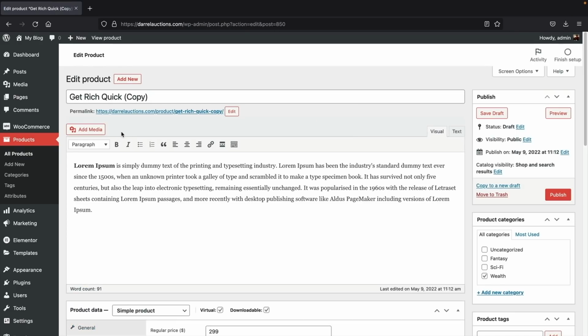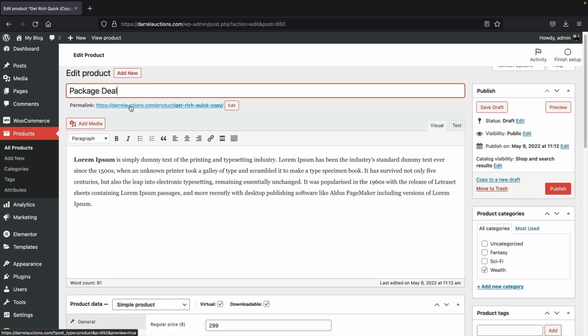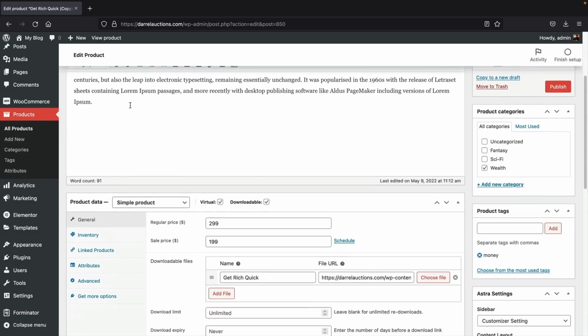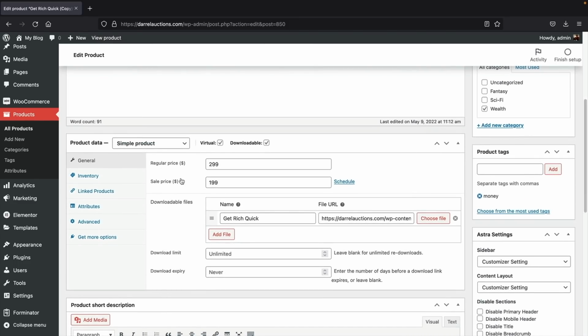So this is the second product, right? So this is the same thing. This is a product, just like before, we add new, and then this is the actual product, right? But I'm gonna say that this is a package, this is like the package deal. All right. And we're gonna scroll down here and we can go ahead and adjust everything normally, like the price